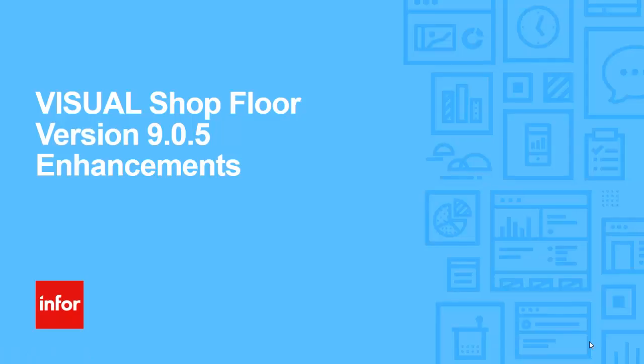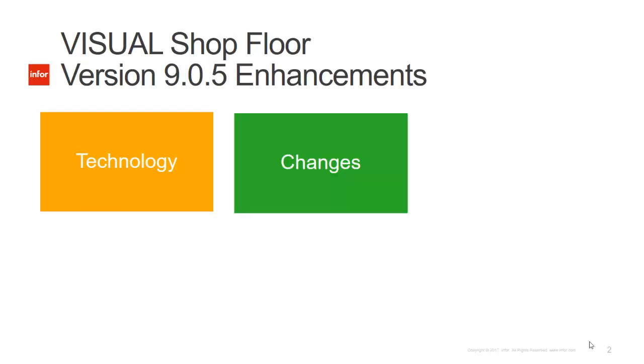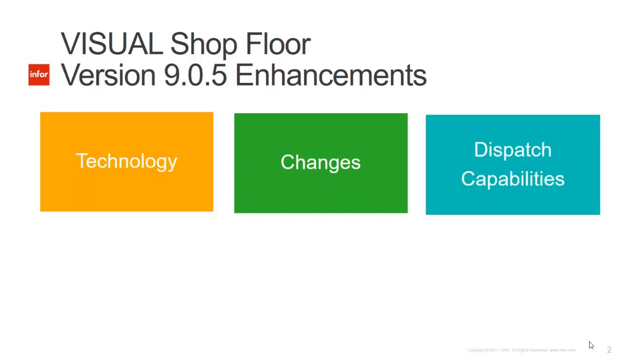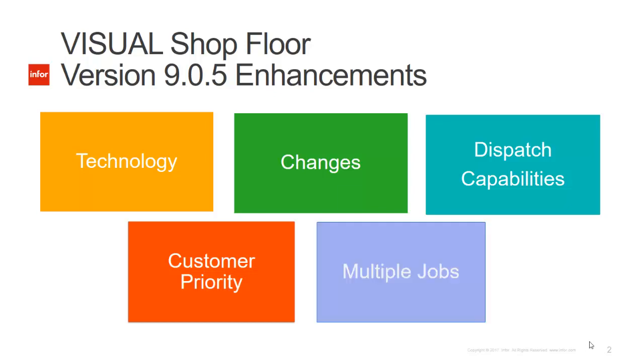The following will be an overview for Visual Shop Floor version 9.05 enhancements. Starting with technology changes and then explore overall changes that have happened inside of the product. Then we can look at enhancements including dispatch capabilities, an enhancement for customer priority, and finally an enhancement for multiple